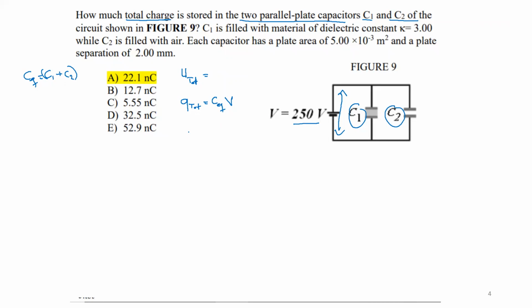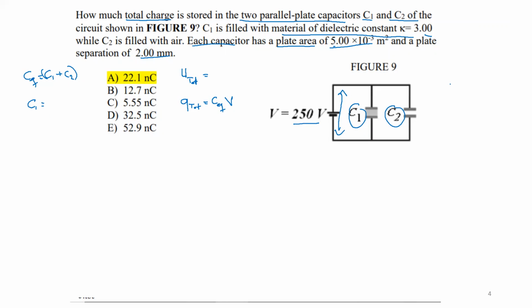Okay. Now, how do I get C1? Let's read the rest of the problem. C1 is filled with a material of dielectric constant 3, while C2 is filled with air. Each capacitor has a plate area of 5 10 to the power minus 3 meters squared and a plate separation of 2 millimeters. Okay, good. So C1 is filled with a dielectric material